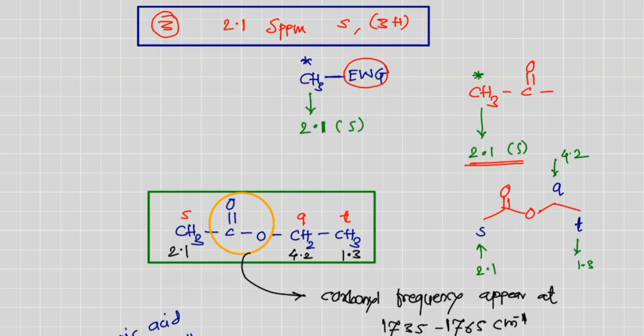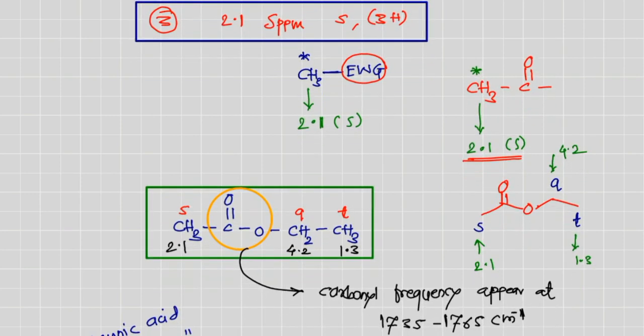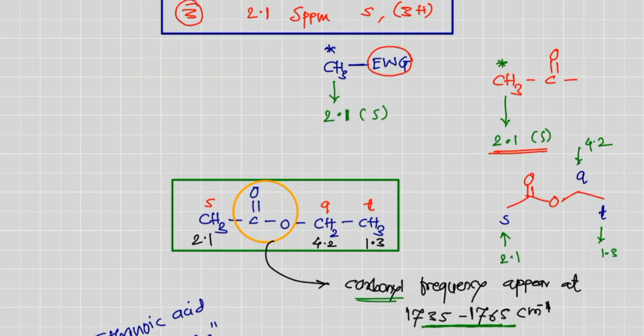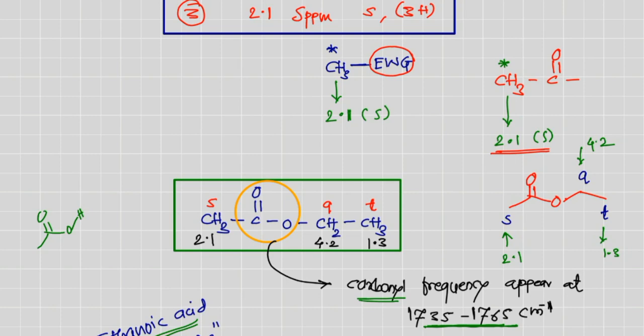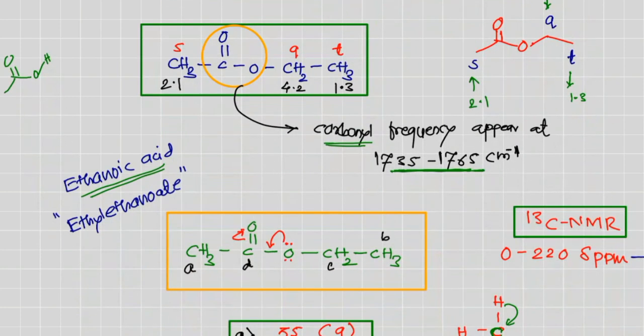What about the functional group now? You know that according to IR spectroscopy one can predict the functional group. So here this is an ester carbonyl, and that's why the frequency region will be 1735 to 1765. And what is the name of this compound? This compound is obtained from ethanoic acid. So what is the starting material for that molecule? CH3COOH, that is acetic acid. So the parent name will be ethanoic acid, and according to the IUPAC system we replace oic acid by oate. So ethanoate will be the parent name, but this fragment will be ethyl. So ethyl ethanoate is the correct name of that compound.